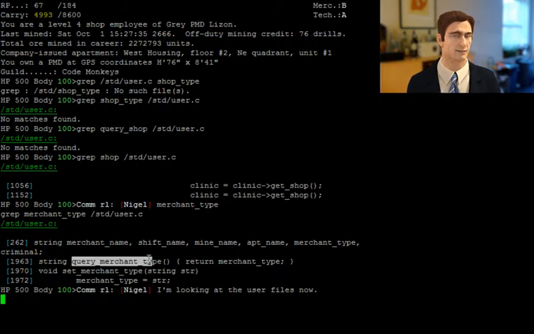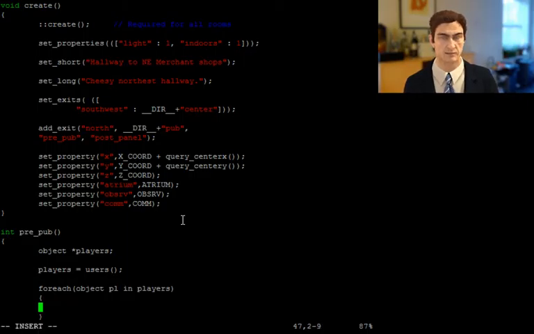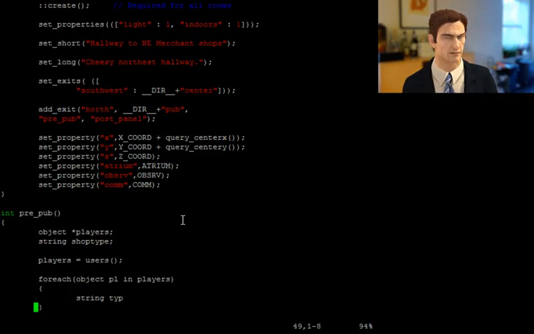All right, so what we're going to do here is we're going to take this function call. I'm going to copy this to the clipboard. We're going to go ahead and bring the shell back up. Okay, and we're going to say if, we'll say string. I think if I remember the way it works in LPC, I have to define a variable up top, and then down here I can say, okay, now shop type is available. Shop